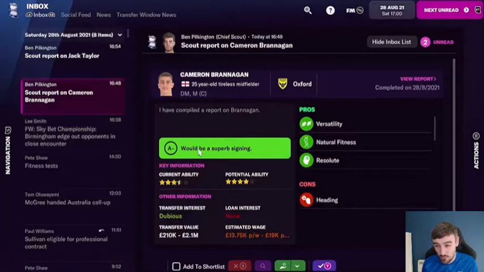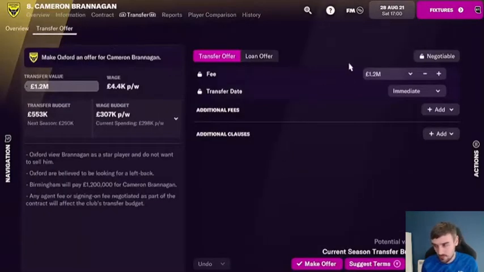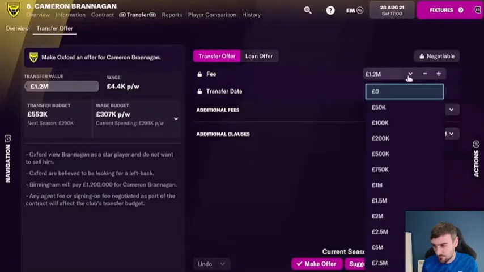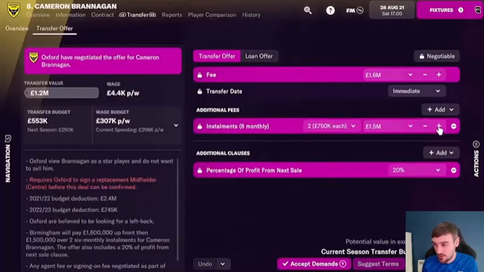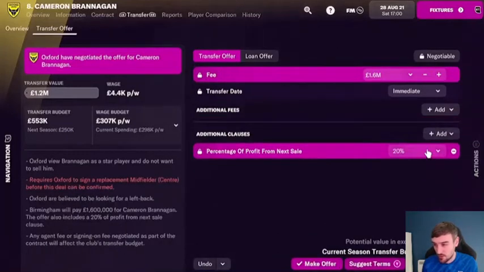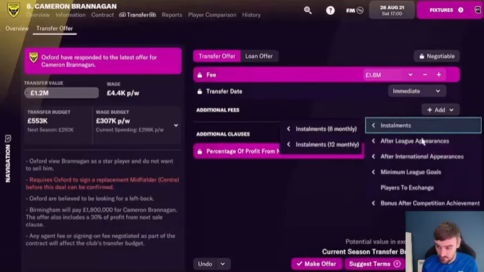Karen Brannigan would be a superb signing. Transfer value could be 210k, but could be 2 mil. Let's see if we can offer them 750k. This instalments stuff can go. Don't mind them having a percentage, because it's only a percentage of profit as well. I don't think we're going to make too much profit. They just want way too much. Might have to see